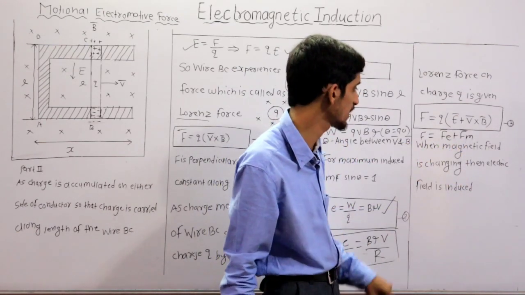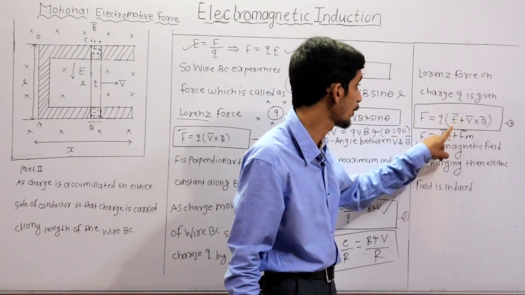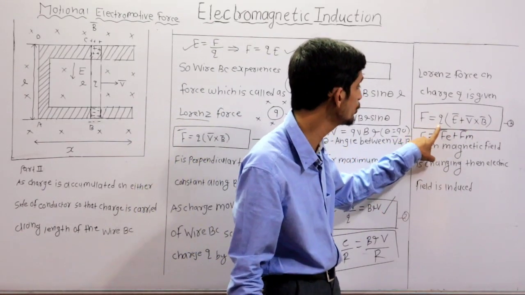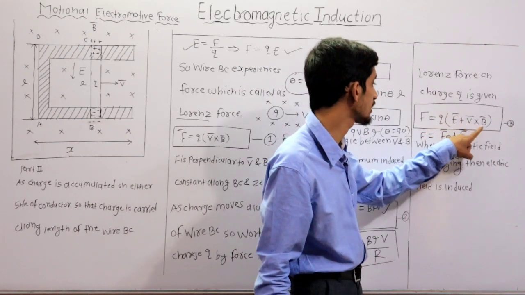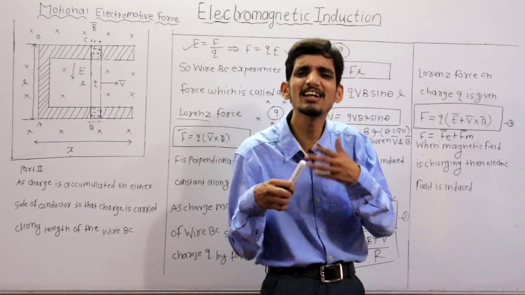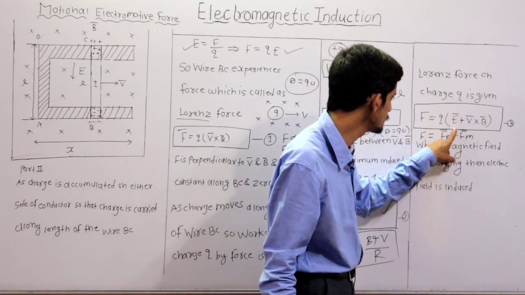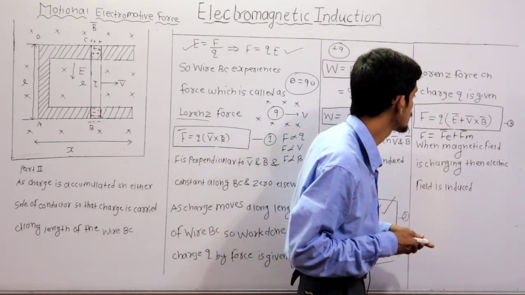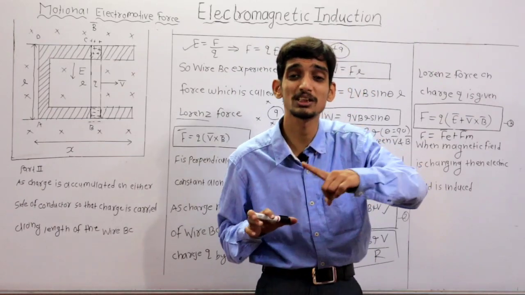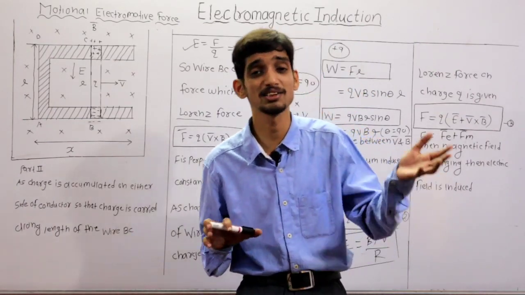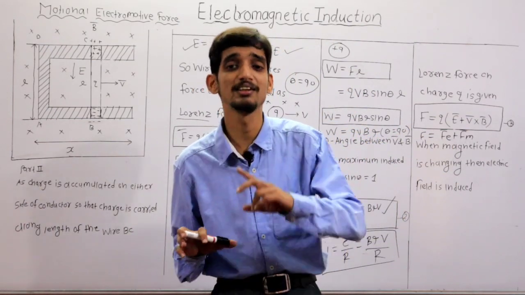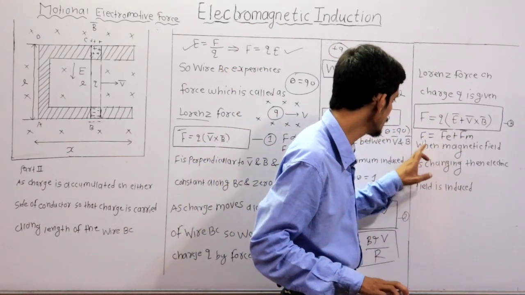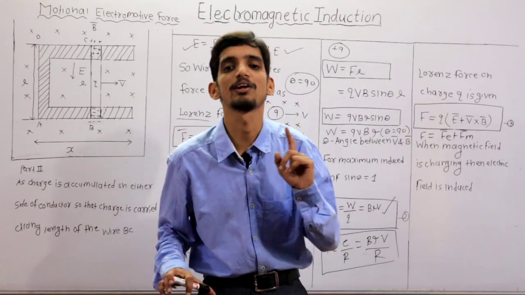That total force we are getting is called the Lorentz force. That's why I have directly written here F is equal to Q into bracket E bar plus V bar cross B bar. From where does it come? Q times E bar is Fe, the force due to electric field, and Q times V bar cross B bar is the force experienced by a charge in motion in a magnetic field, the force due to magnetic field. So the addition of these two will give me the total force, which is called the Lorentz force.